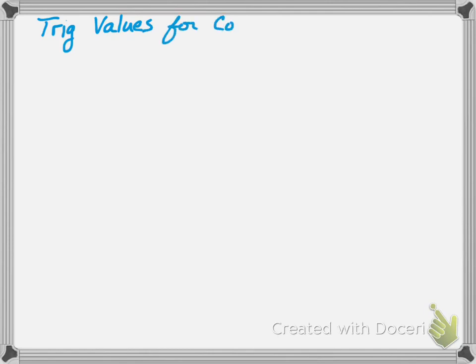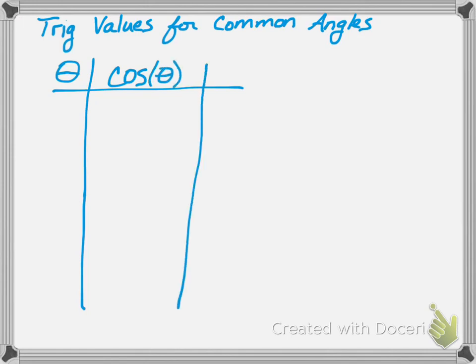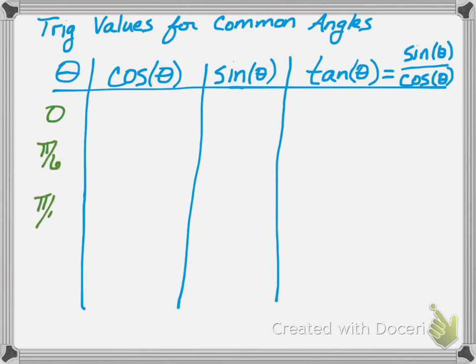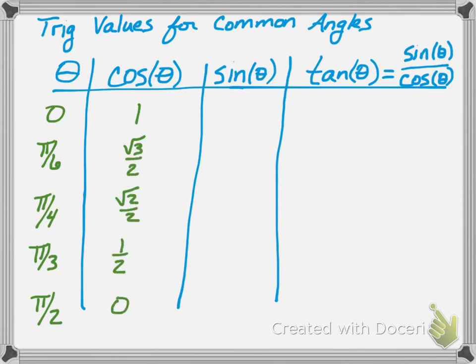So here are the trig values for common angles. You should be able to create this table from memory without using decimal approximations. The common angles are 0, pi over 6, pi over 4, pi over 3, and pi over 2. And here are the cosine values that correspond to those angles. Remember that pattern. And then for sine of theta, that pattern just goes in the reverse direction. And tangent equals sine of theta over cosine theta. So I just need to take the ratio